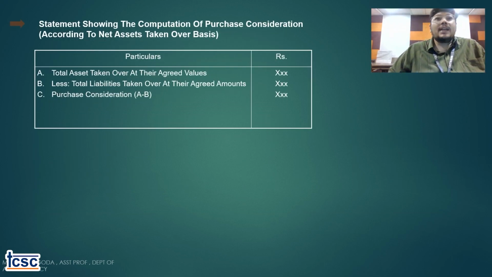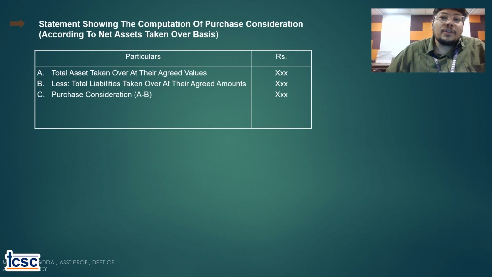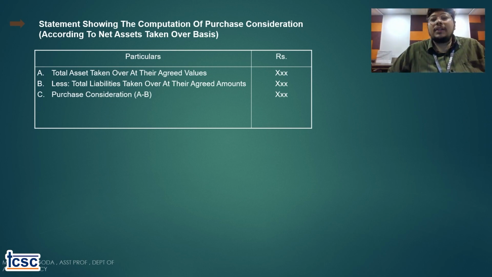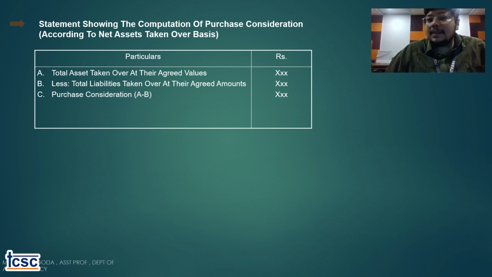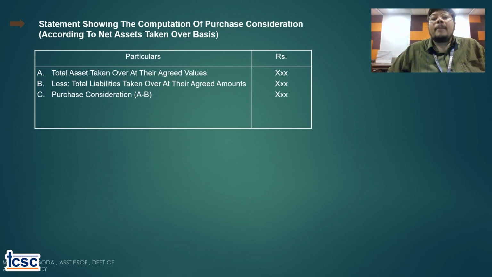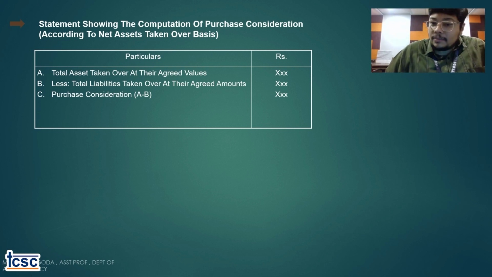Suppose company A has taken over company B and the purchase consideration was satisfied by 1000 shares of 100 each and balance in cash. So in this case, net payment method we are not supposed to apply. In that case, we will first calculate the PC as per net asset method. After finding out the net asset of the company, that is total asset minus total liability, we will be distributing that PC